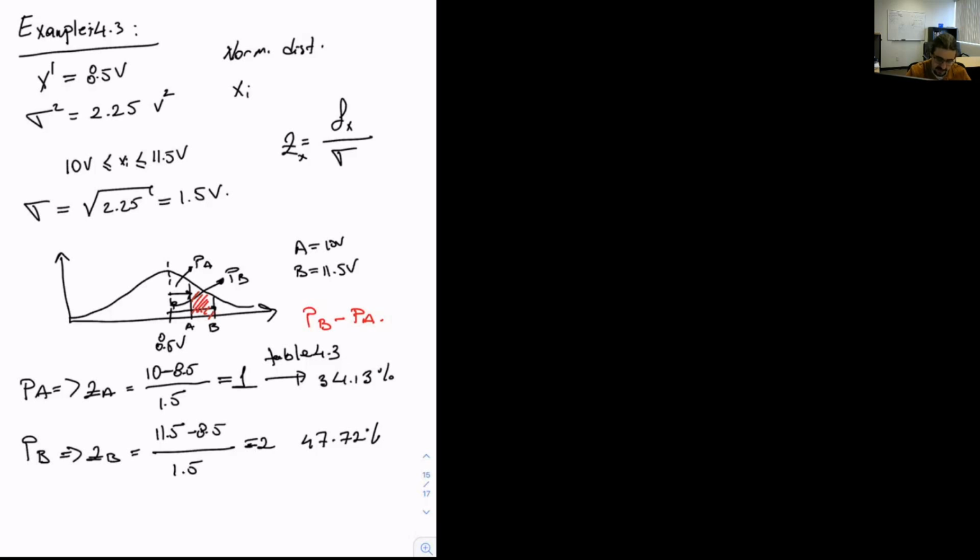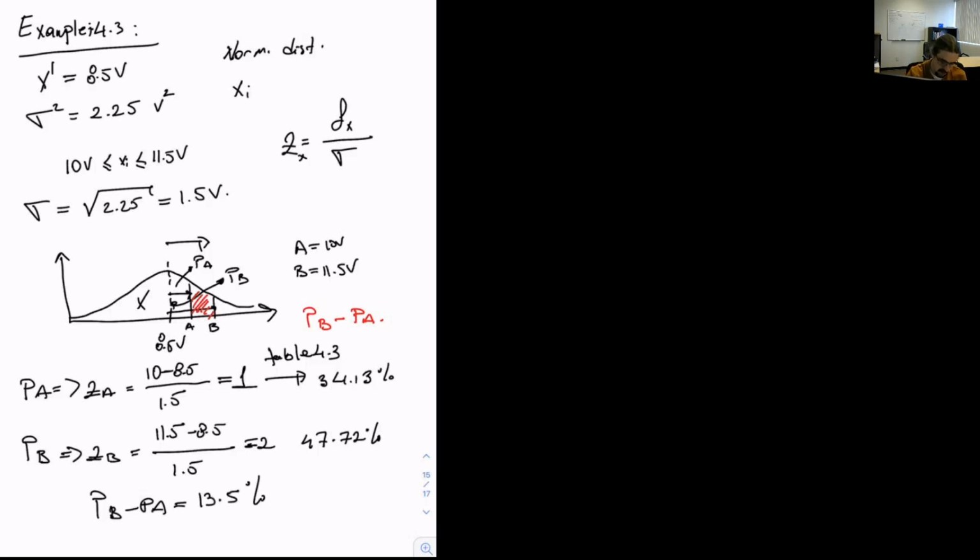The reason this is not 68 and this is not 95 is that we are only looking for a one-sided integral. We are not looking at this part, we are only looking at the right side, therefore the values are half. So then the probability of PB minus PA is going to be